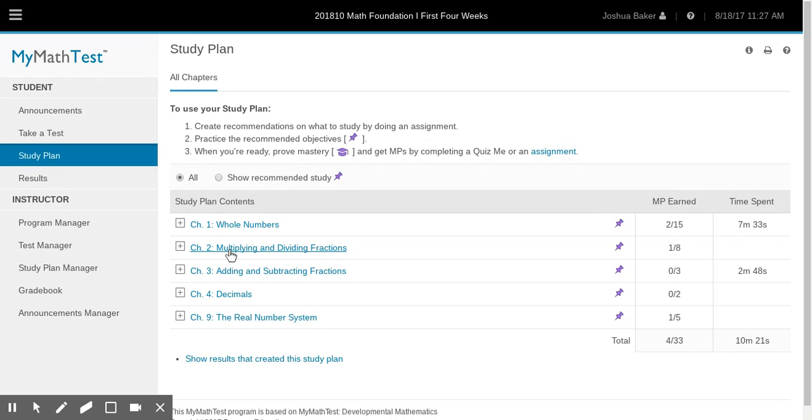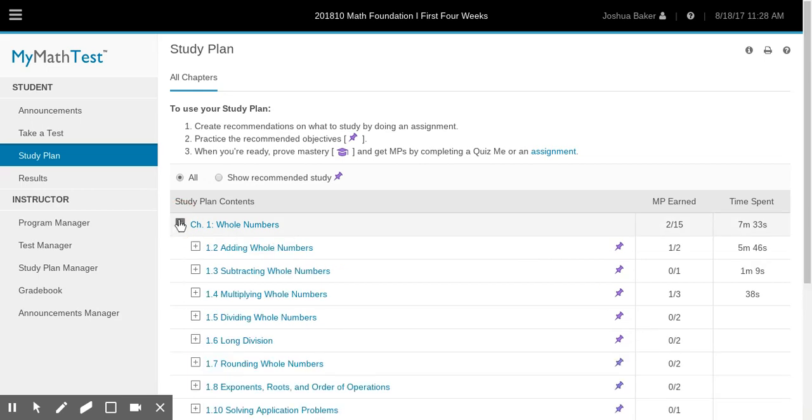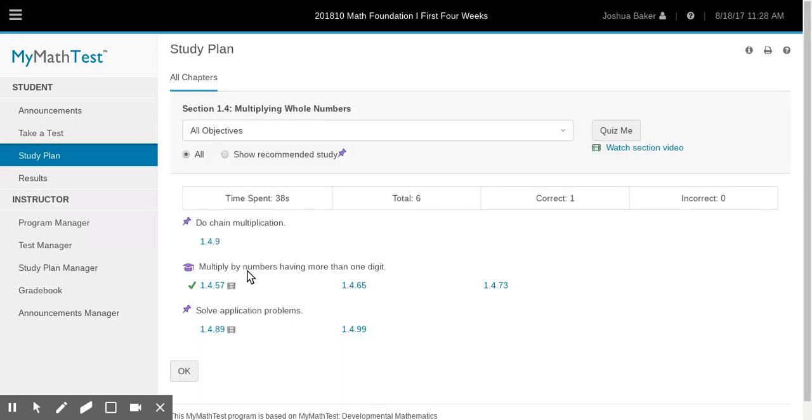Now, I went through and have just submitted this test, and so it's going to show I'm going to have pins everywhere. You most likely will not have pins everywhere the first time you take a test. So let's just click into chapter 1, and I'm going to click this plus right here. And so let's go to multiplying whole numbers. I need to go through these and practice these problems. So if I go through here, I'm going to click on that one,